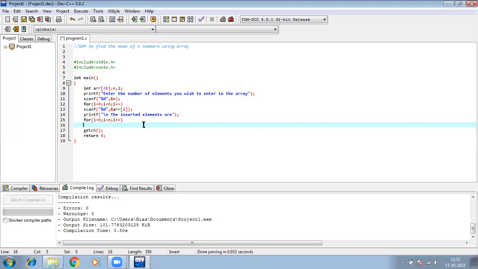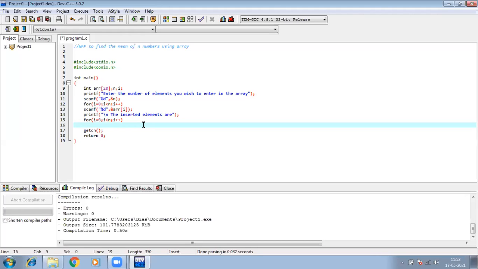Right. So first we need to do the summation of all the numbers, and then we need to divide it by the count of numbers we have, right?